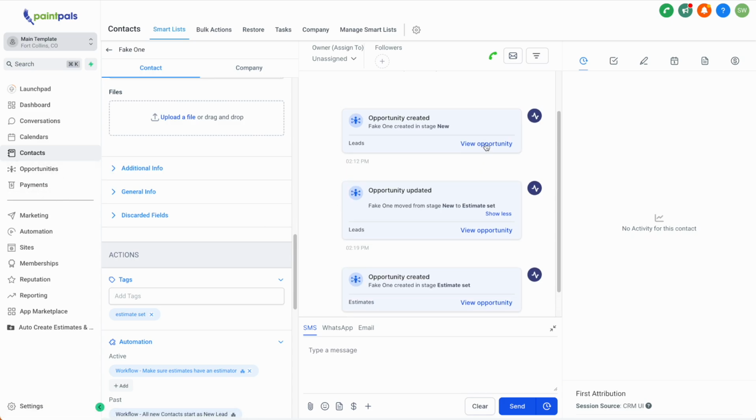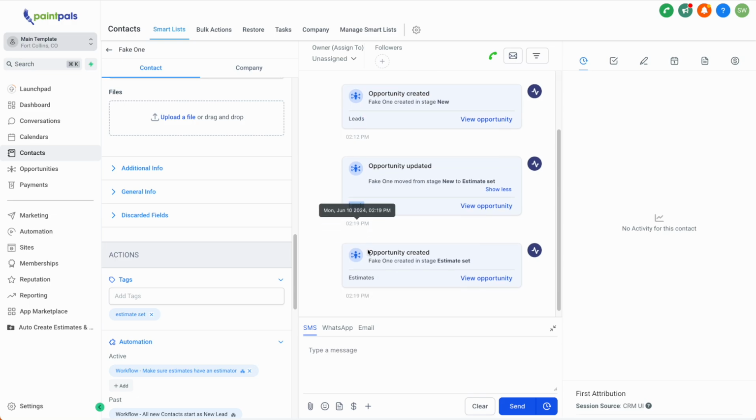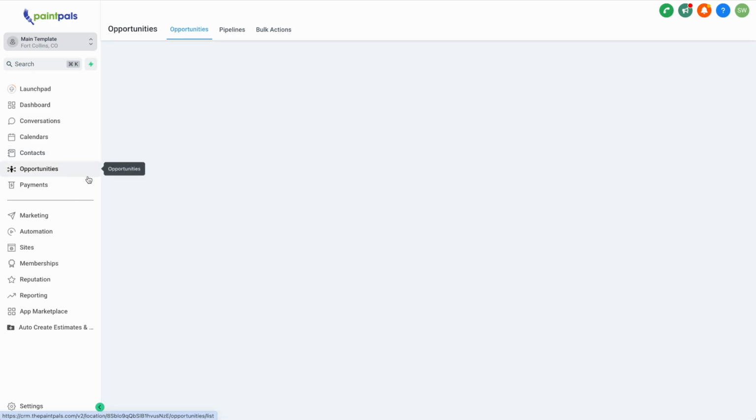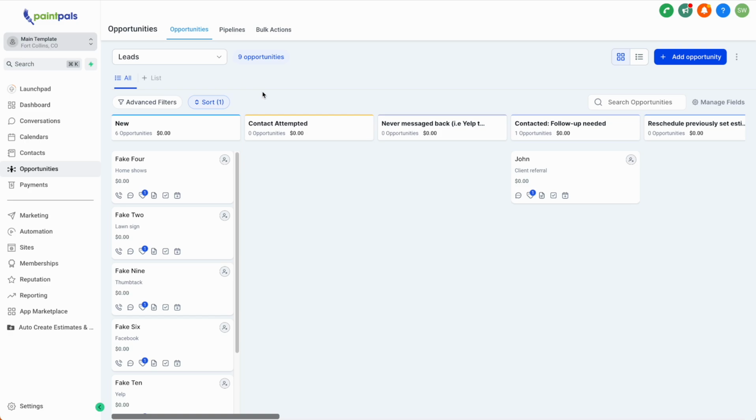So you can actually view them by clicking here, and on the bottom left corner here shows you what it is. So this is the lead, this is the estimate, but let's go to opportunities. And the big three are leads, estimates, and jobs. So if you look right here on this drop down, we've got our estimates, jobs, and leads. There's some other opportunities or pipelines here that I'm not going to touch on,